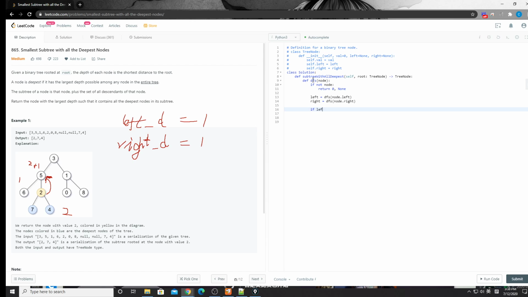Remember, the first element of our return is the depth, and the second one is the node so far, the current result while we're at this node, the one that is the lowest common ancestor of all the leaf nodes. If left 0 is greater than right 0,